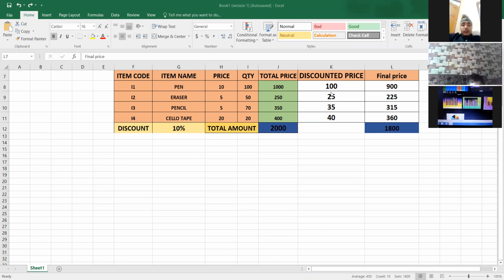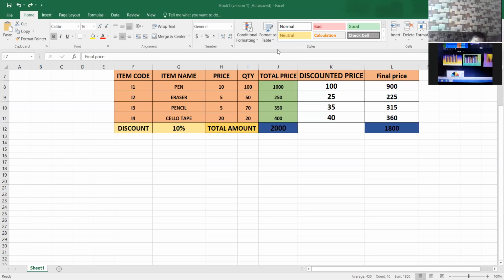Okay, after giving the discount, we have to calculate the final price. So let's insert the chart. So firstly, the first step for inserting the chart, you have to select the data series. आपको data series select करनी है जिसके ऊपर भी आपने chart को plot करना है. Now, for example, if I want to select item name, along with the item name, I want to represent price of the particular item graphically. So these two columns I am taking for depicting the chart.